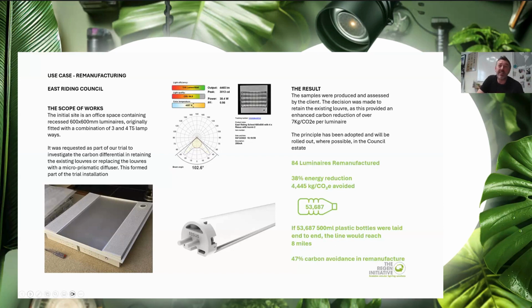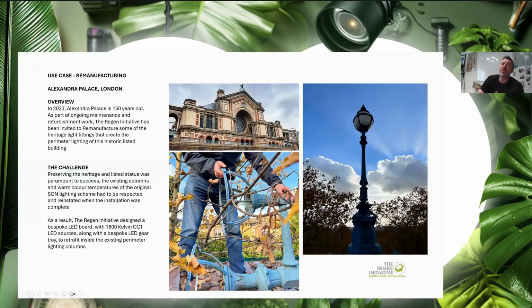And lastly, the final project that I have is the ridiculous element, I suppose, a demonstration that it's not all about doing conversions of office products. We were invited to look at remanufacturing grade 2 listed products at Alexandra Palace. And these were SON luminaires historically. As you might imagine, we weren't able to take one of these away from site and do all that rigor that I was talking about in my second slide. But we were able to